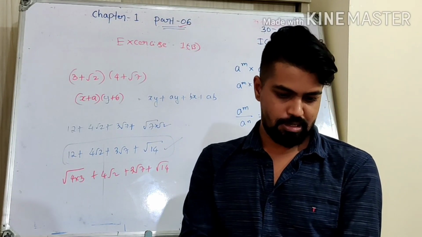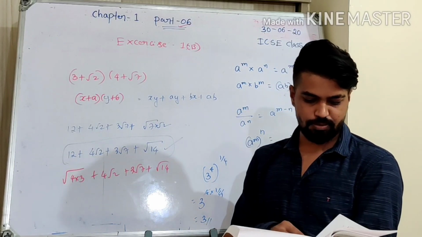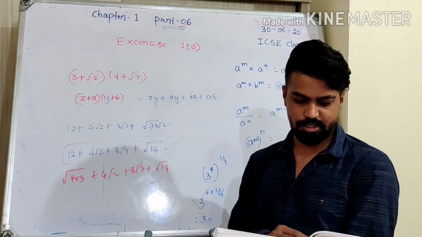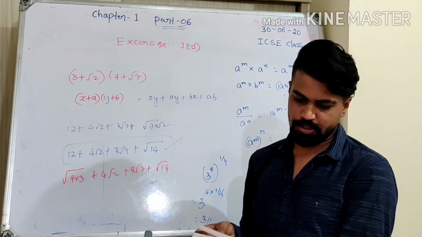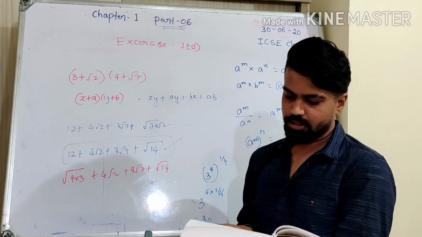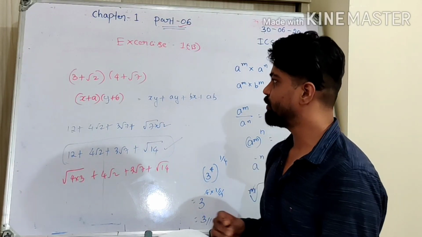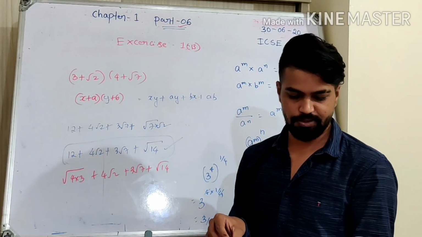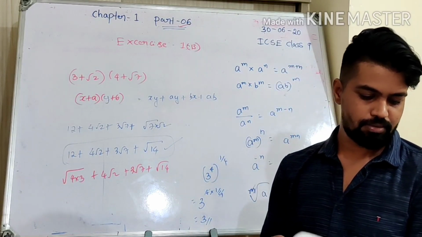Okay. So now I am left with only one important part of this class, surds, which will be finished in the next video, and the exercise also will be finished in the next video. 1D will be left out. 1C I will be doing. So 1D will be kept at the end. After the live session, I will give the video which covers the solution for 1D, which is a special exercise which covers everything we did in the last videos.